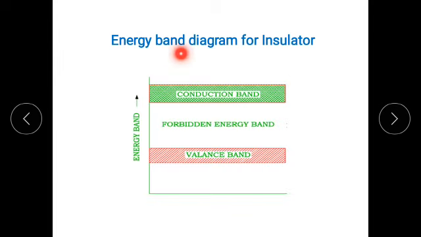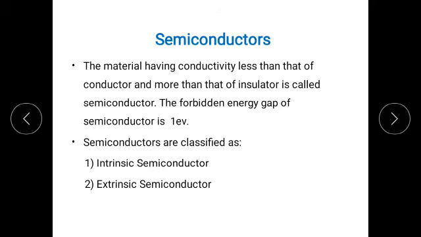This is the energy band diagram for an insulator. Here this is the valence band, then the upper band is called the conduction band, and there is a large gap between the valence band and conduction band for an insulator, and its value is about 5.5 electron volt. Therefore practically it is not possible for an electron to jump from the valence band to the conduction band, and therefore there is no electrical current conduction in insulators.